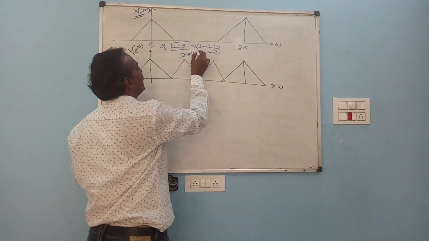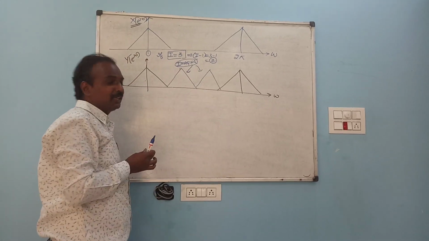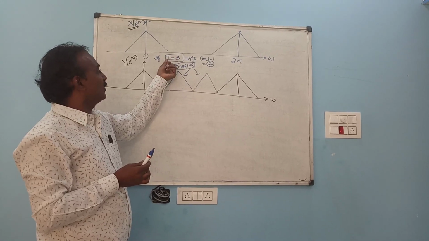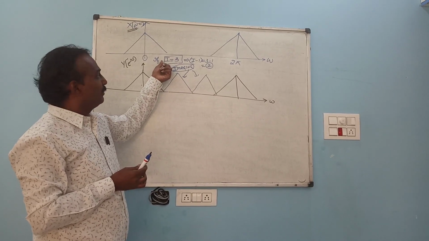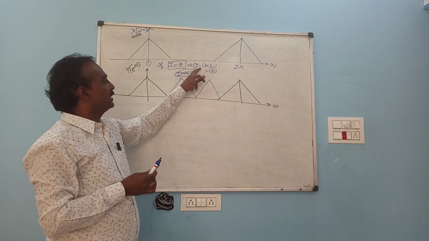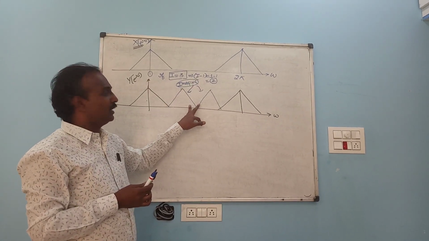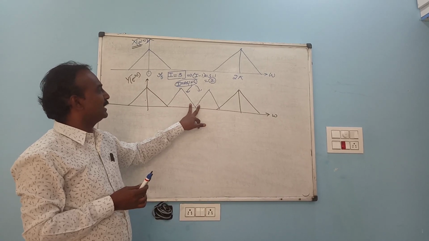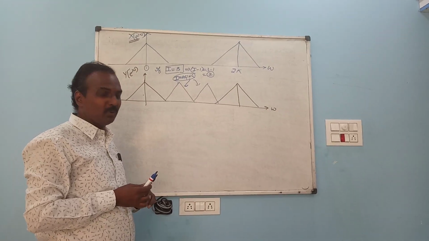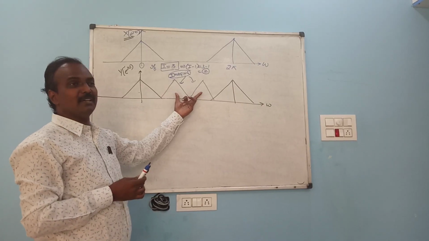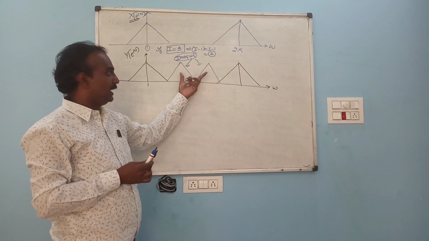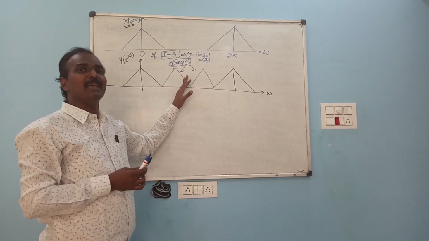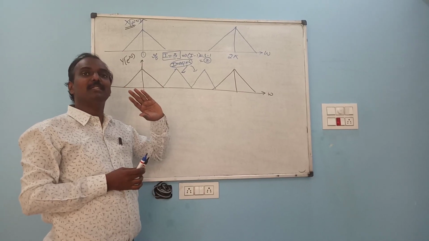This imaging happens just because of inserting zeros. How many zeros am I inserting? I minus 1 zeros. That means for inserting I minus 1 zeros, I am getting I minus 1 images. This imaging we don't want. This additional spectrum is because of adding zeros, and we don't require these images.